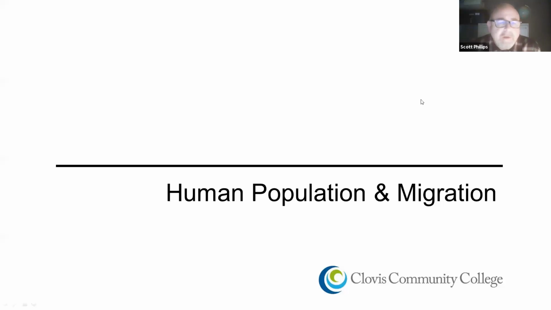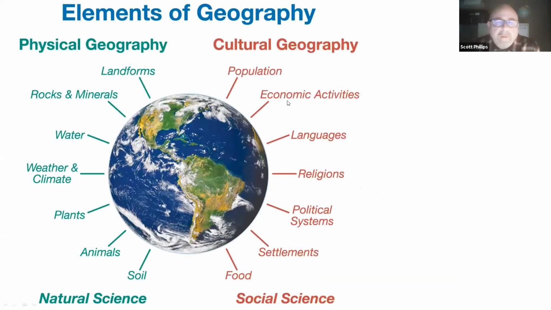Next, let's talk about human population and migration in California. One thing I'll point out is that the first half of the class, we've been focusing on the physical geography of California, its landforms, its waters, its weather and climate, plants, and so on. And at this point, we're really making a switch, and we're going to be covering more of the cultural or